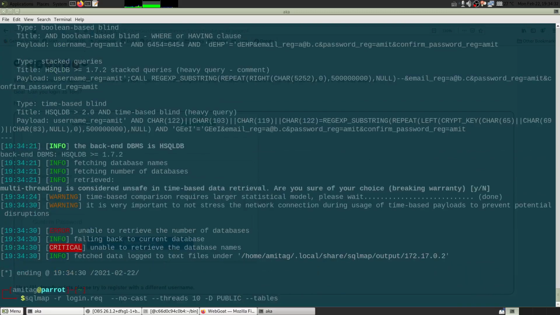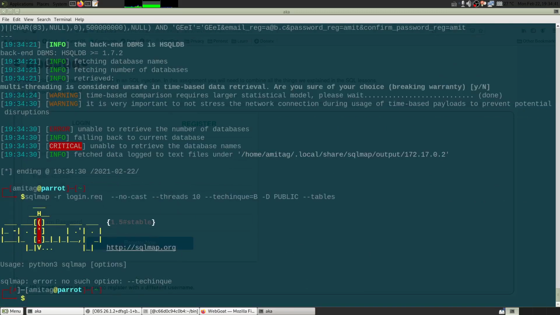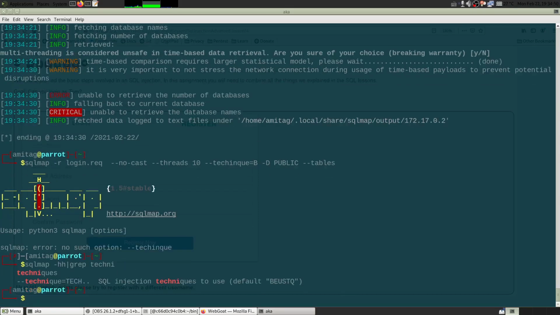Okay, let's use technique as blind and then see. So --technique=blind.